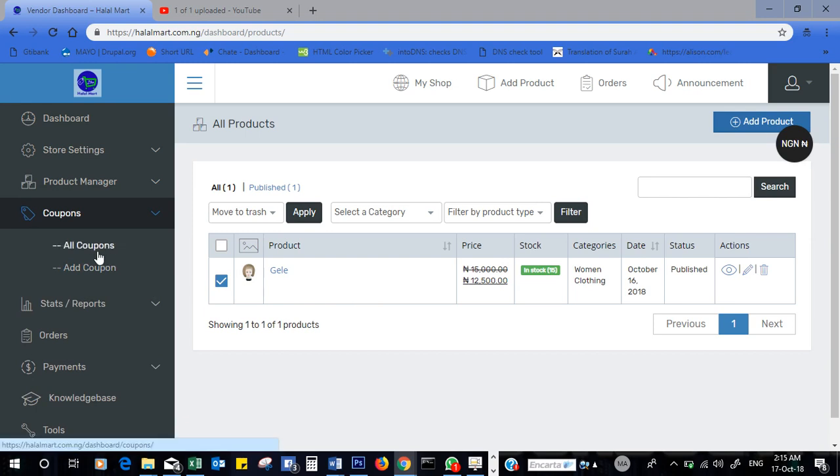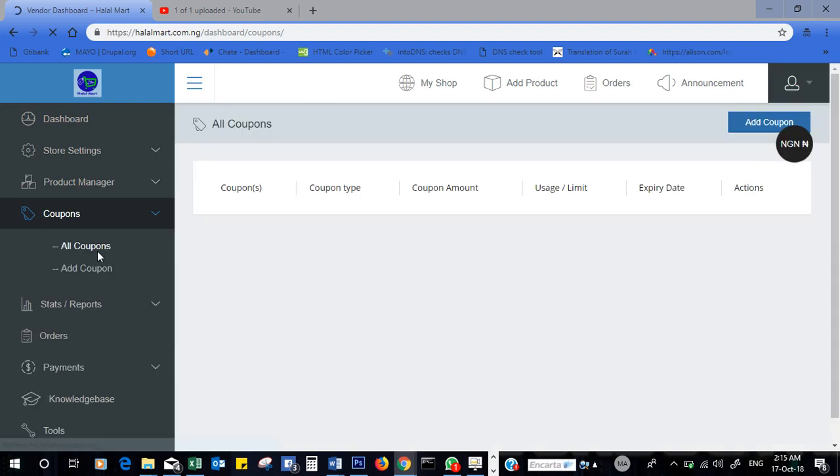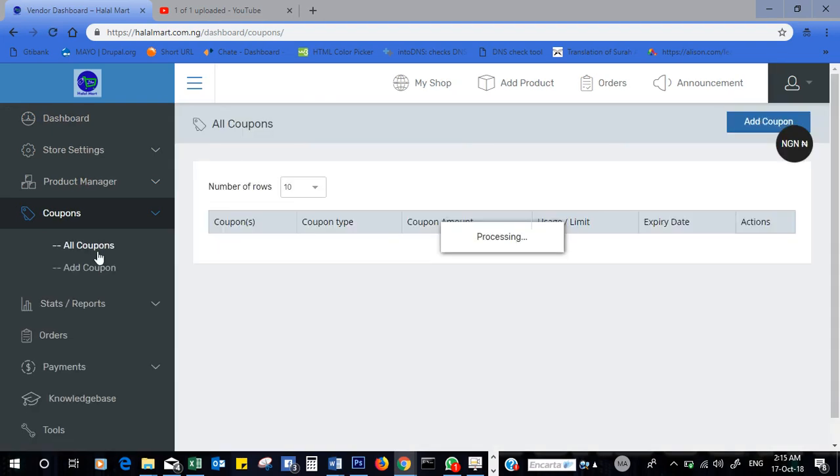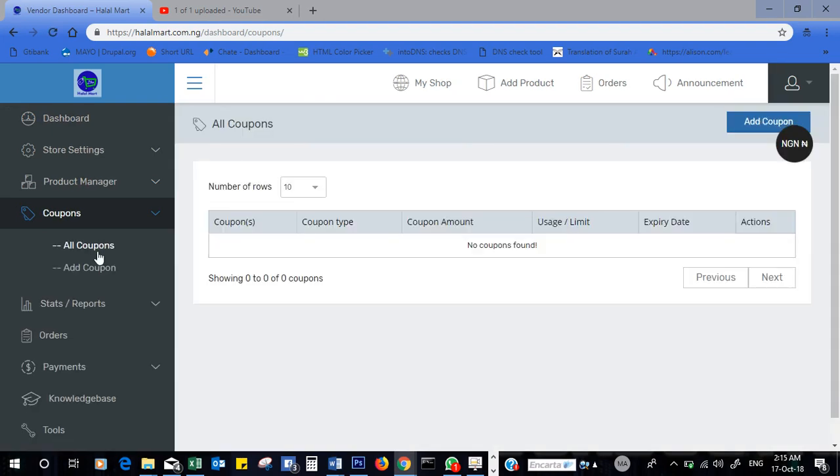Now, a coupon is a kind of, I'll call it, a discount. You want to give discounts for a particular product. Okay, in this case I have no coupon. You can always create a coupon for a particular product. All right, if I add a coupon here,